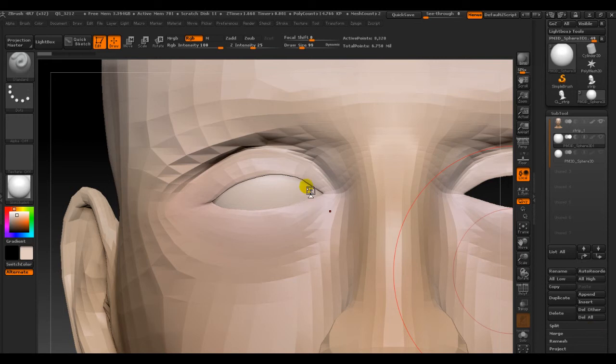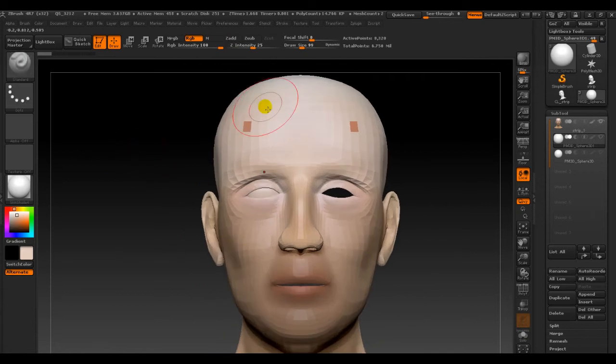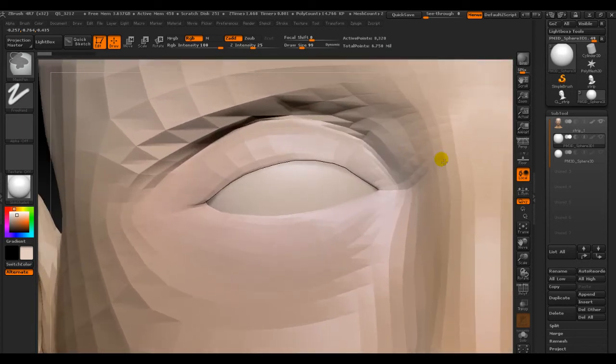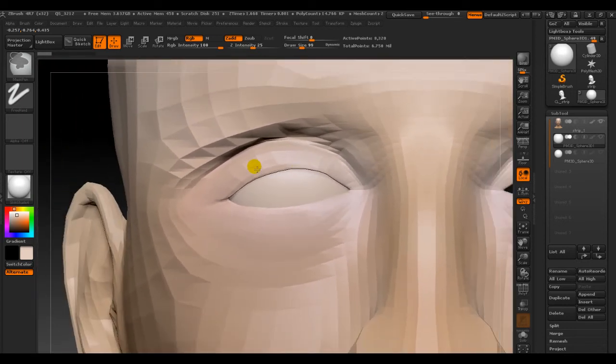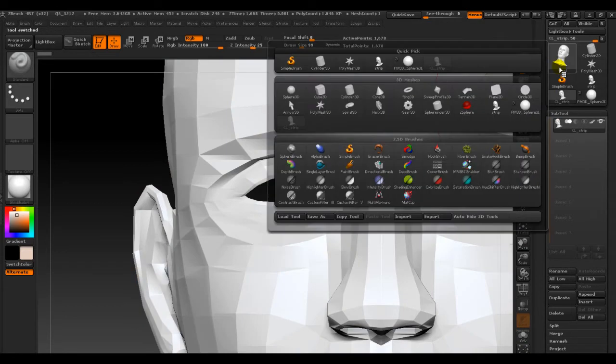Alright, so what we're going to do now is show how to texture an eyeball inside of ZBrush using a texture. This is just a random face I built a while ago. Some random things are showing up, I don't know why. But I placed a sphere right inside of there, and in order for this to be painted on,